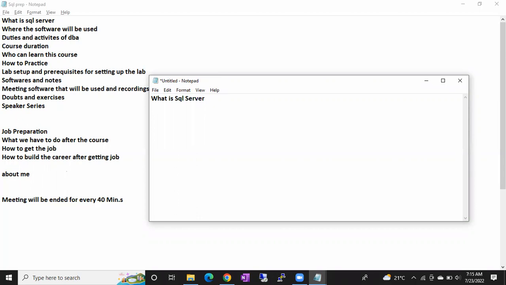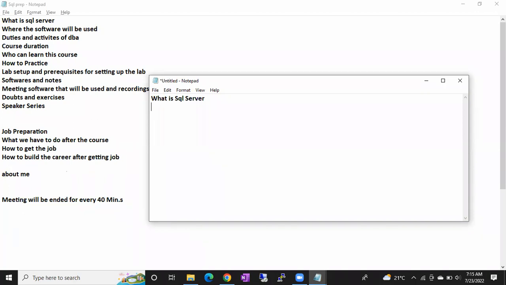I hope some of you are already working as DBAs, guys. For you, these sessions might be a little boring, so don't mind. Why? Because I have to consider the least experienced person. So I have to think that way, guys. Yes, you know what SQL Server is and what a database is, but these basic sessions are going to be a little boring.